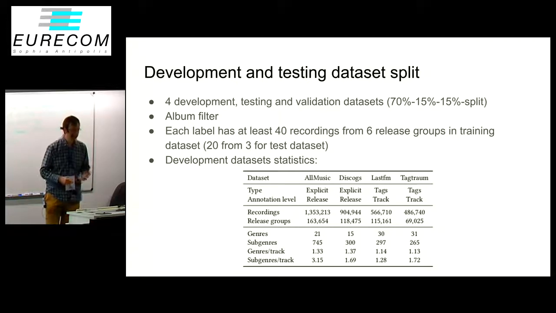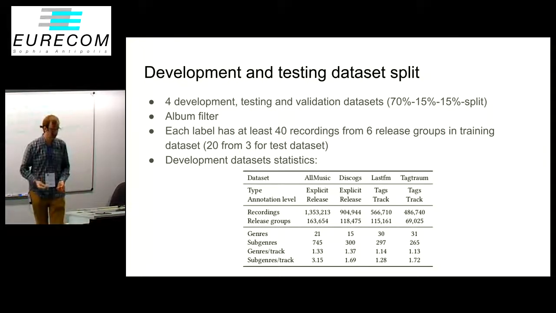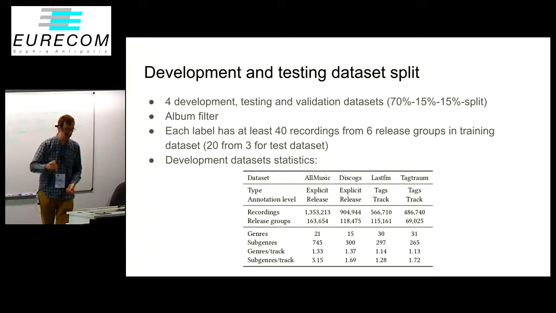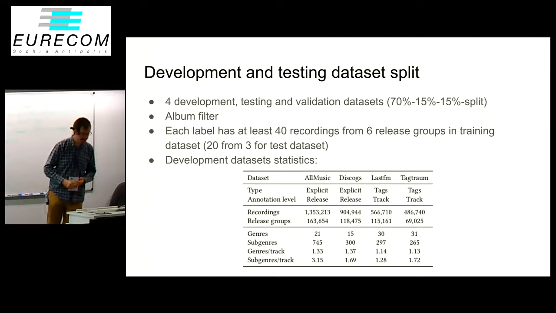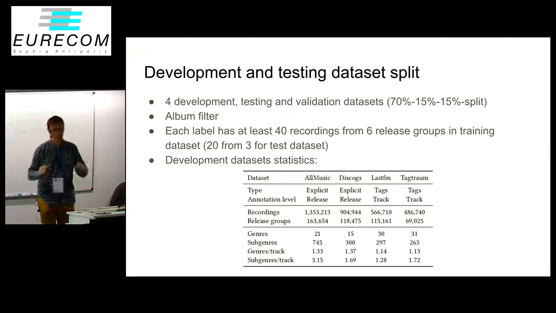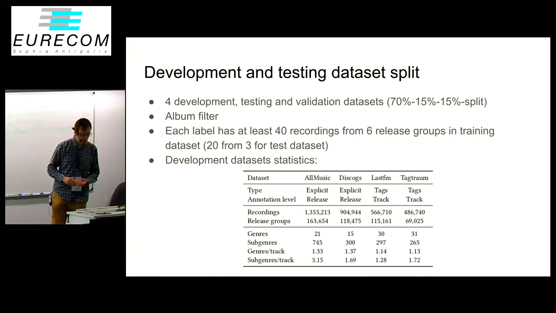We ensure that we have a good number of recordings for each example, so each label has at least 40 recordings available from at least six different albums. That's a little bit smaller in the testing and validation datasets because they have fewer recordings in them. And so we ended up with